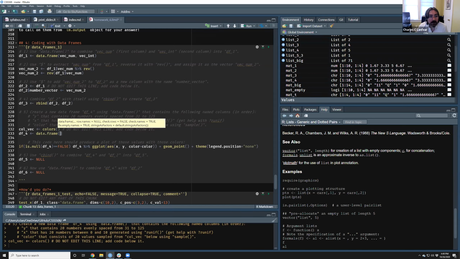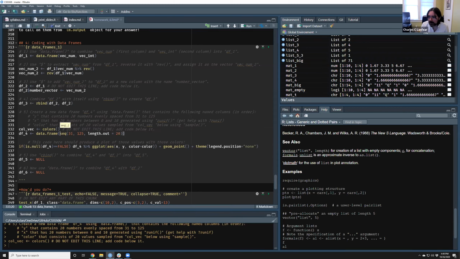So if I want a y that is 20 numbers evenly spaced from 31 to 125, what do I do? This goes back to our very first question in the assignment. Yeah, I like that. So the first one is going to be seq of 31 to 125, length.out equals 20.